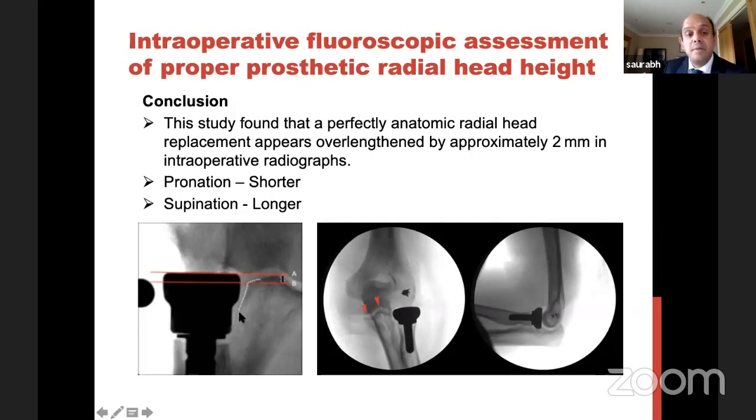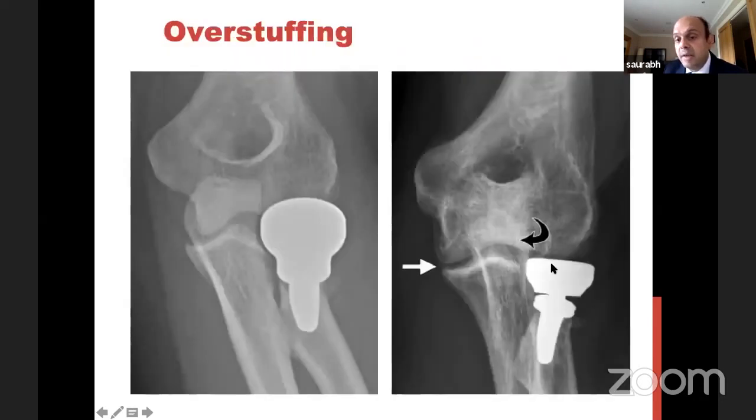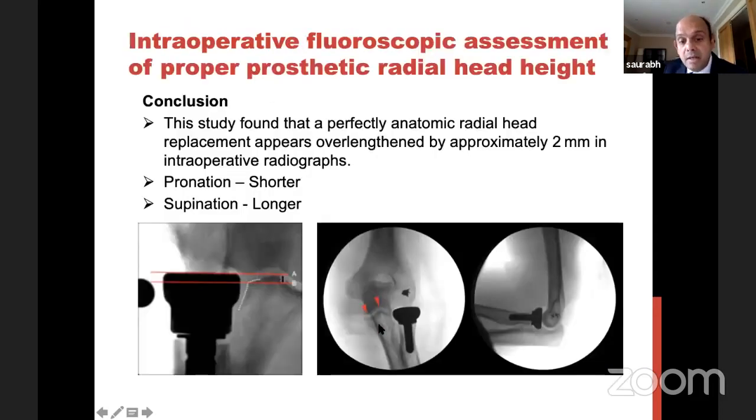So doing a radial head replacement, this part is very important. Second tip is get your X-rays in neutral. Third tip is this ulno-coronoid distance. You can see it's completely parallel. If I had overstuffed my radial head, you can see with the black arrow, this distance becomes more, distance between coronoid and my humerus, this distance becomes less because my radial head is overstuffed. This is known as delta sign. So look for delta sign. So if you have a parallel distance, i.e. 2 millimeter proud radial head with forearm in neutral, means you've got the height right.